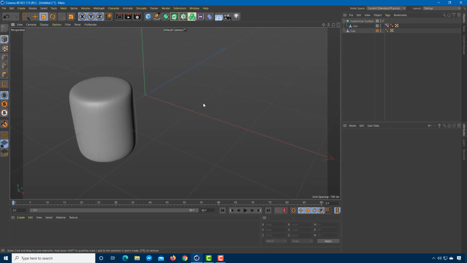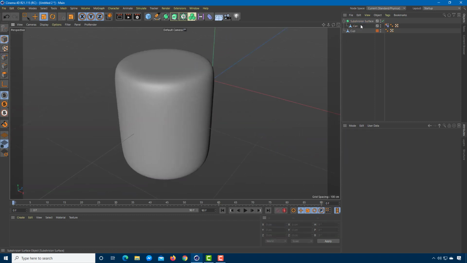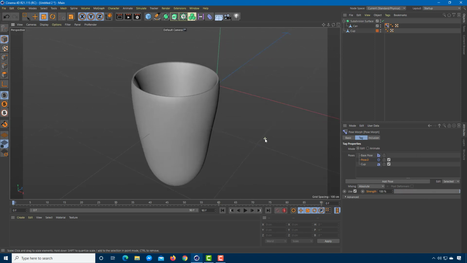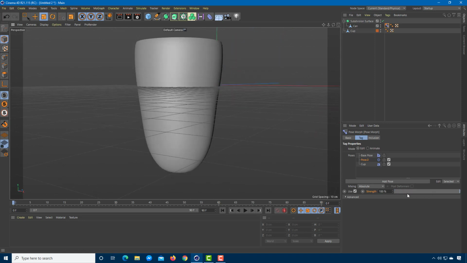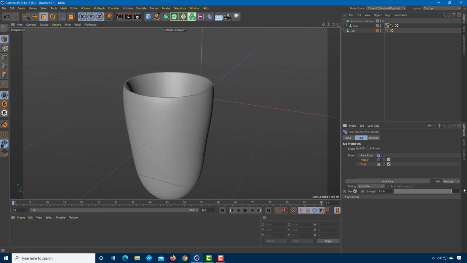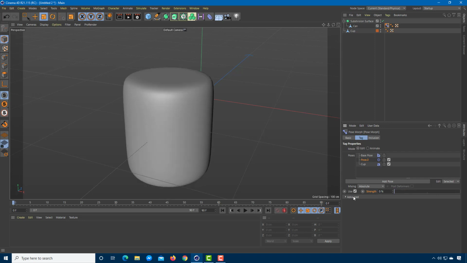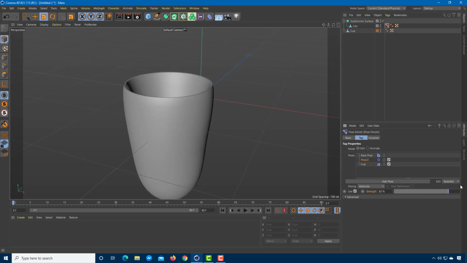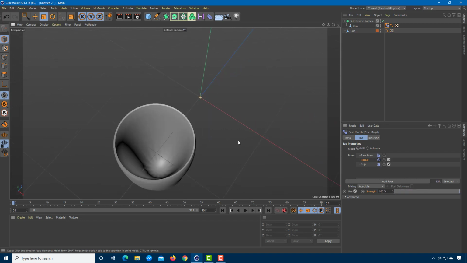So I'm going to go to the object right over here, and now if I were to go to the can option right over here and increase the strength, you can see that it changes from this to this, just like this, and that is how it actually works. You can see that this is how shape morph actually works, and of course you can animate this as well. So you have this and you have this, just like this. So looks pretty cool, just like this, as you can see.